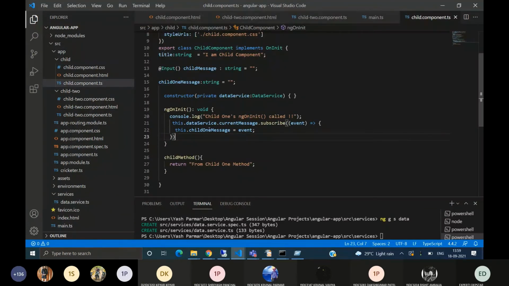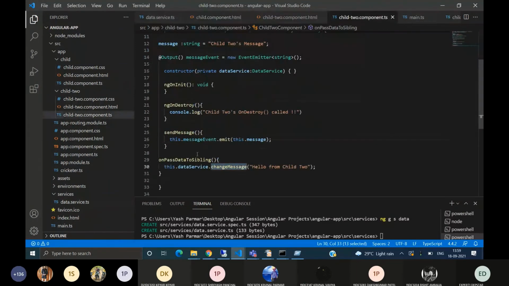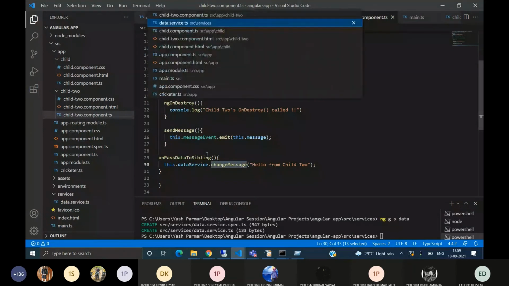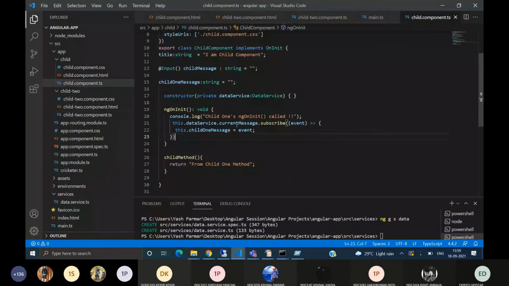We have subscribed to this in child 1. No, sorry, child 2 here. Yes, sorry, we have subscribed to it in the child 1 component, the dataService.currentMessage.subscribe event, and the message that we get from that subscribed event, we have assigned to the child 1 message that we are currently showing.